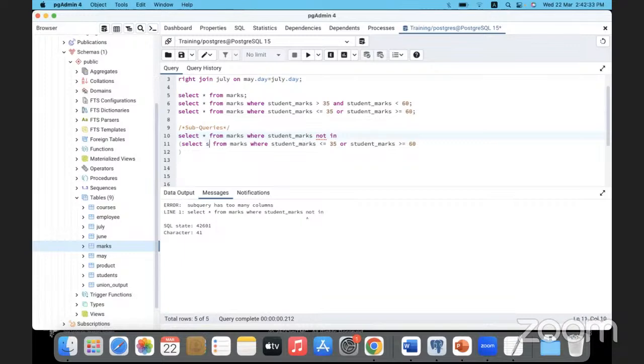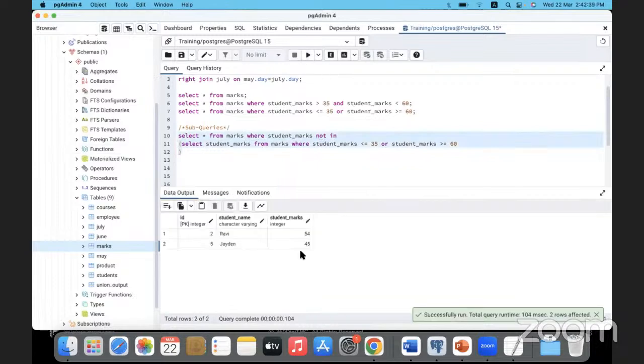Student marks, where the student marks is not in this list. Look at this, the other two people. So what does a subquery do? The technicality of a subquery, I hope you're able to understand. We can do it in a straightforward way like this also, but I'm just trying to drive the point of subquery over here. When you write a nested query or a subquery, the inner query will run first, fetching